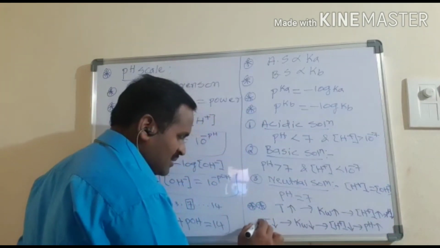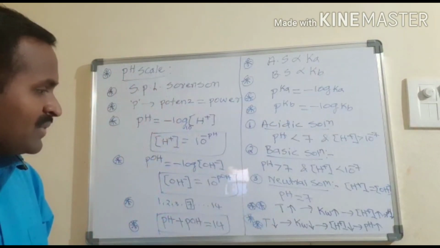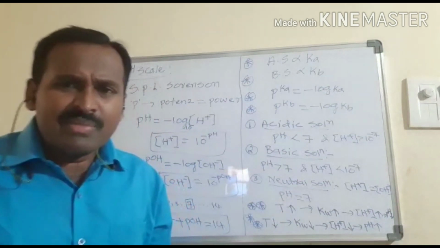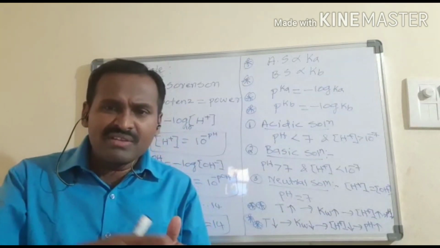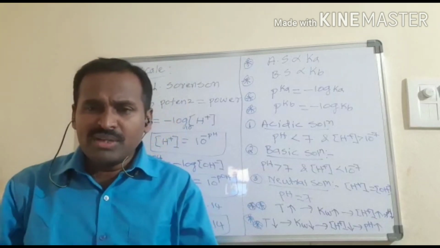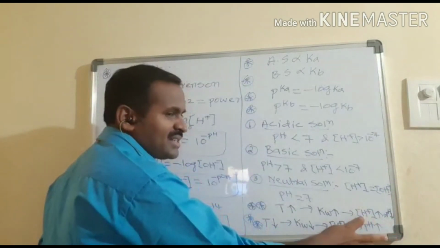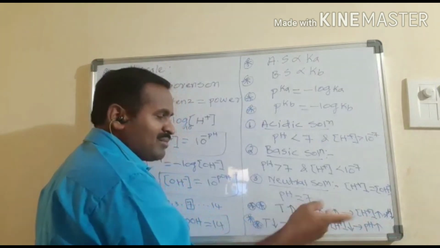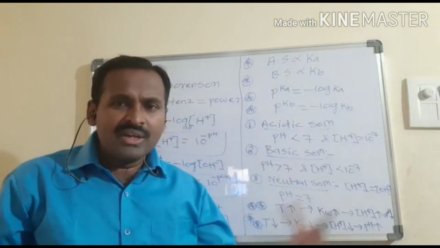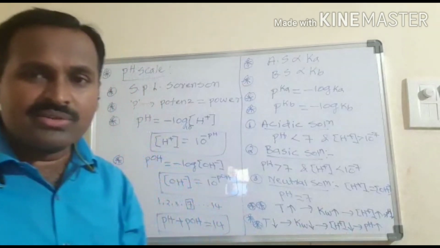These two cases are very important. They will ask some questions based on this, so check this aspect. Some people say that based on this, the pH value goes from 7 to 0 or from 7 to 14. 7 to 0 means the pH value decreases. When the pH value decreases, the H plus ion concentration increases due to temperature, and then Kw also increases. Whereas in the case of the pH value increasing, we can come back to the temperature case.